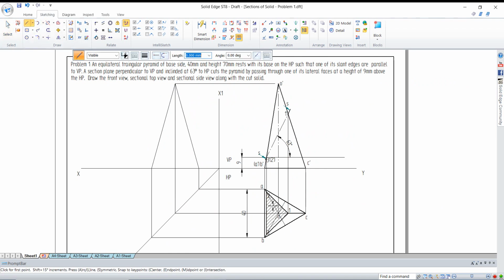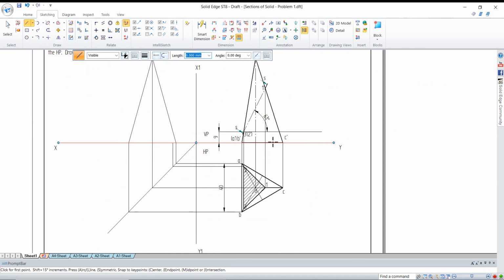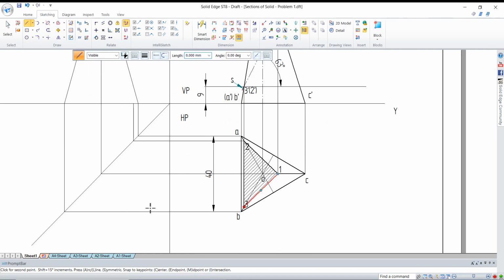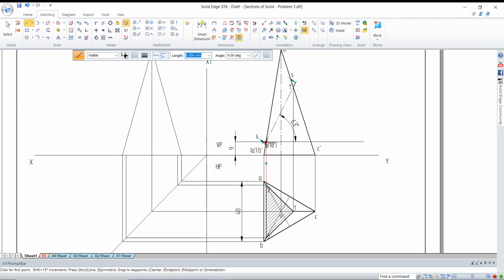So this is a side view triangle. Sectional side view is asked. So what you are going to do is, wherever it is cut, from that cut point we have to draw the line like this. And you have to keep on this direction. I don't know where it cuts, so I have a cutting point on the other side, that also I have to draw on this point.